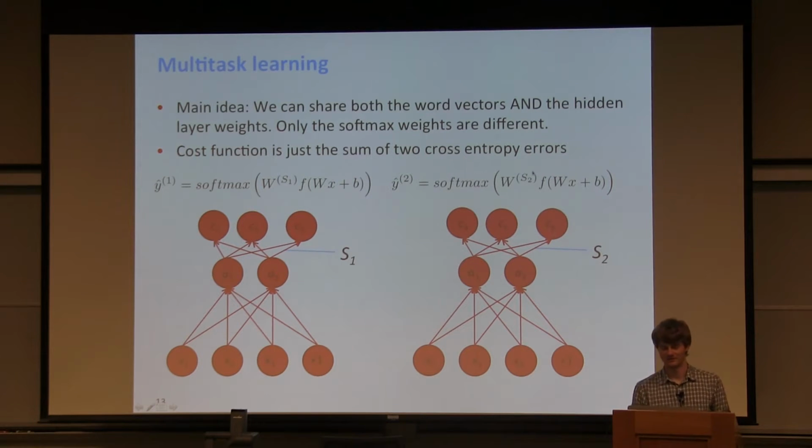So the overall cost function or objective function will be the sum of the cross entropy errors for this classification problem plus that classification problem. And there will be some